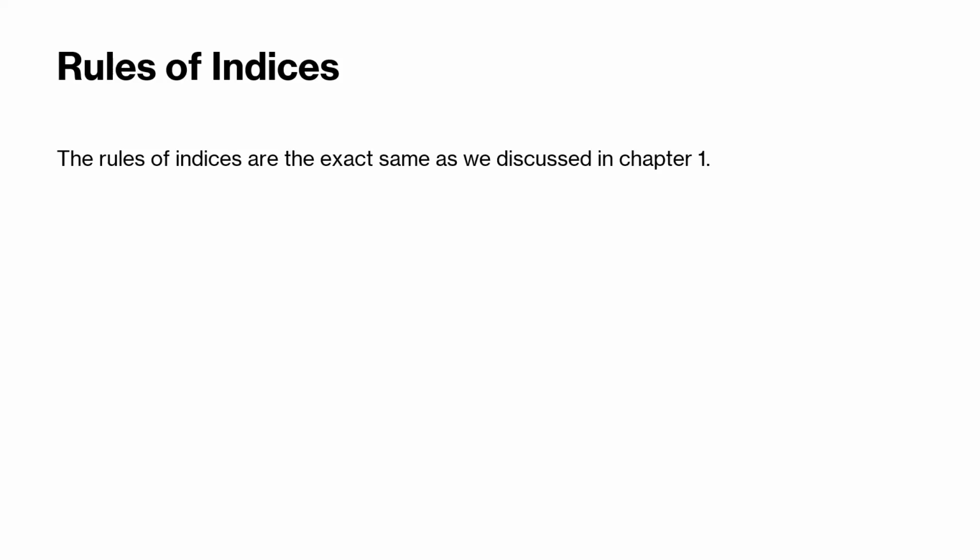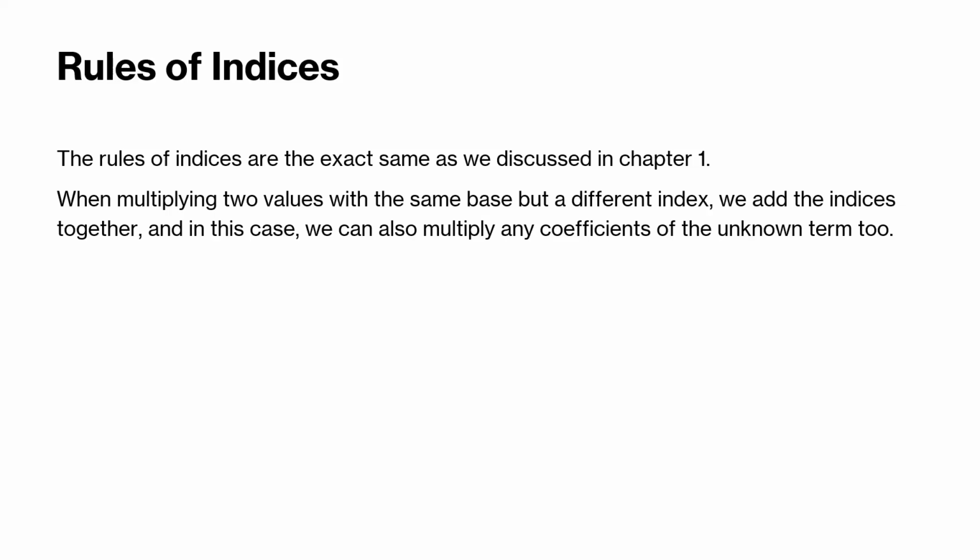Now we'll move on to the rules of indices. They're the exact same as the ones we discussed in chapter 1 for regular numbers, no algebraic terms. When multiplying two values with the same base but with a different index, we add the indices together, and in this case we can multiply any coefficients of the unknown term as well. So, for